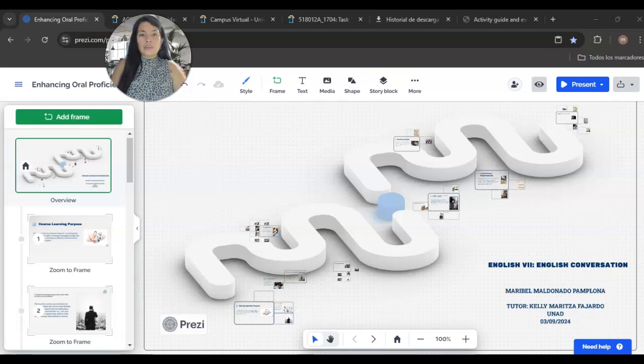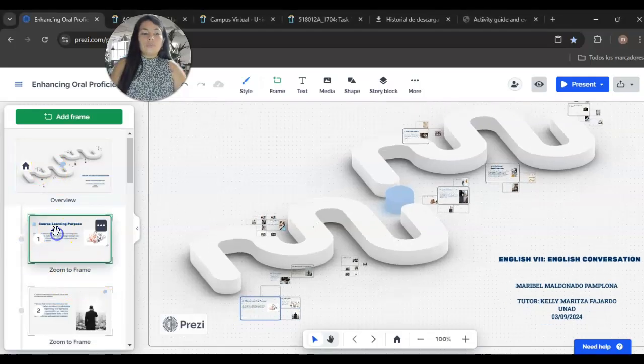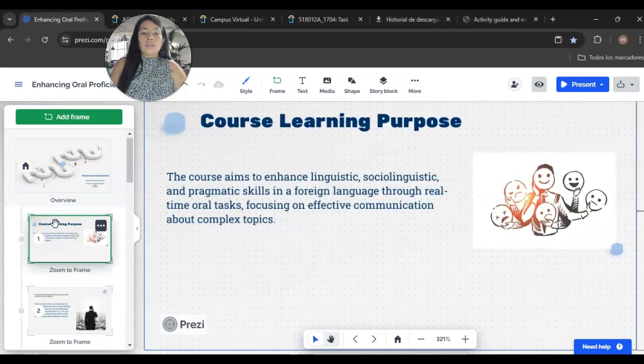I am a student in the seventh semester of the Bachelor's degree in Languages with emphasis in English. At this moment, I'm going to present the first step of Course 7, English Conversation. The proposed learning purpose of the course is